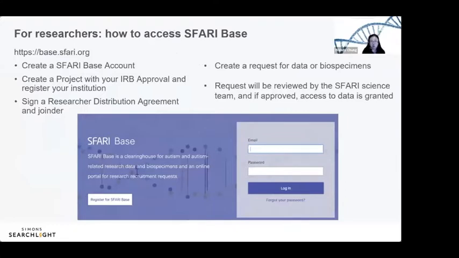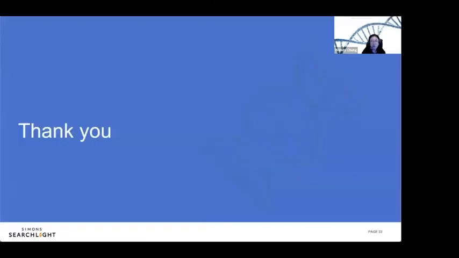Finally, I'll say that this heretofore has really been focused for the parents and the families. If any of you are researchers and watching in to learn also about HIVEP2, I want to remind you that you can get access to this de-identified information. The website is right up here at the upper left hand, base.safari.org. And if you have questions, there's a place on the website you can ask questions. It starts out with collections as the email address. And if you get stuck or are having trouble doing this, please let us know how we can help you make sure that as a community, we can learn from each other and we can help you to do your research more effectively.